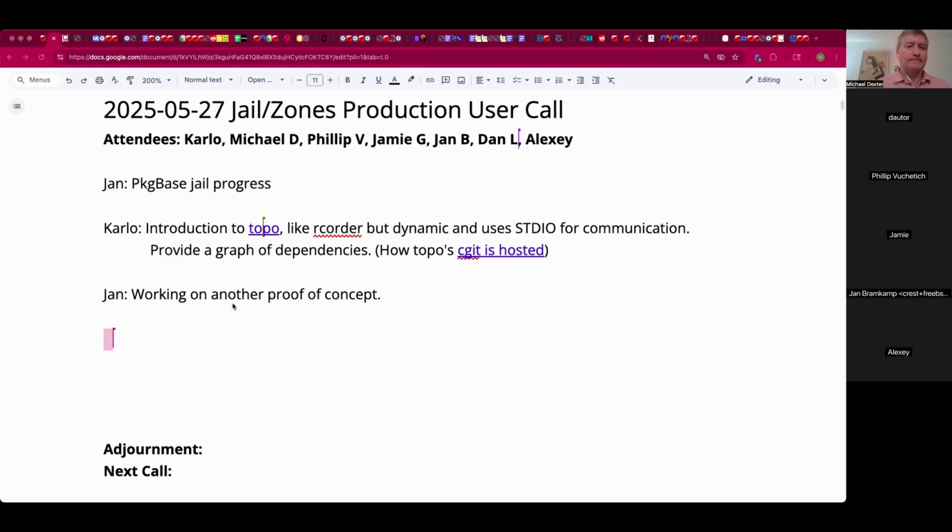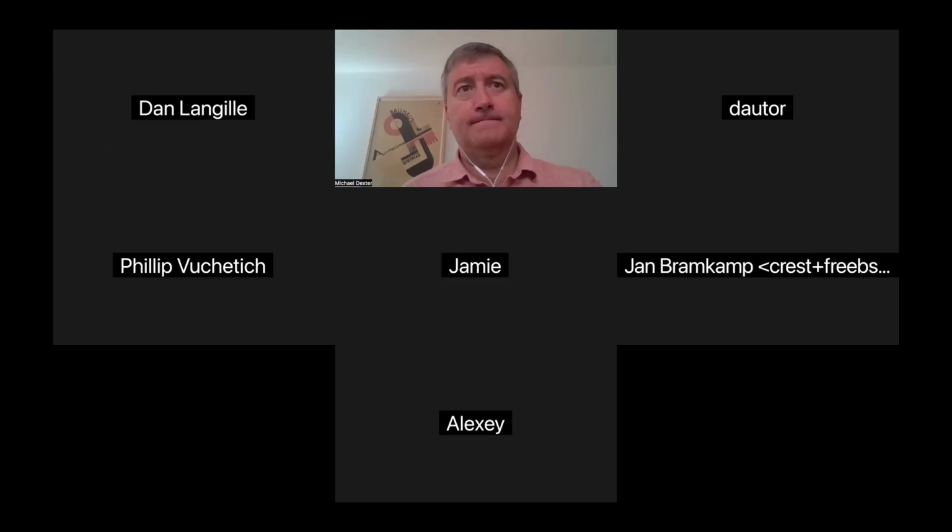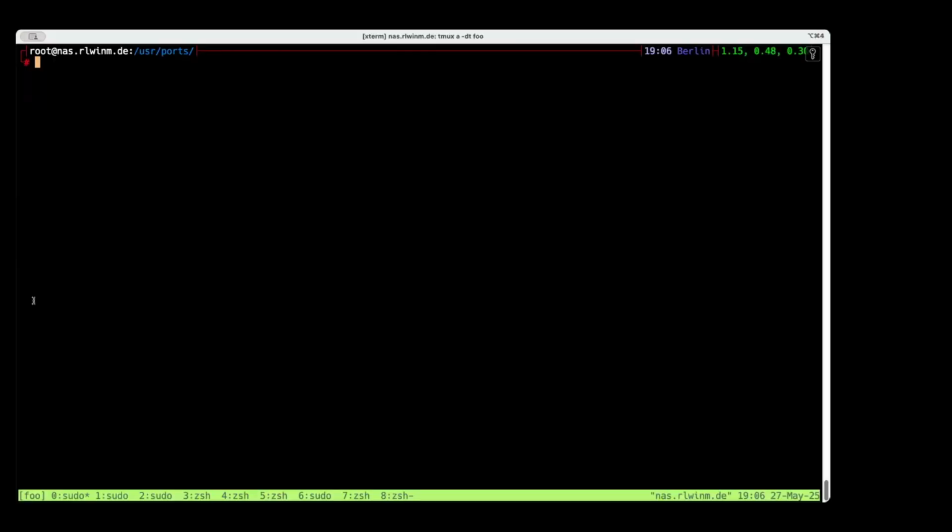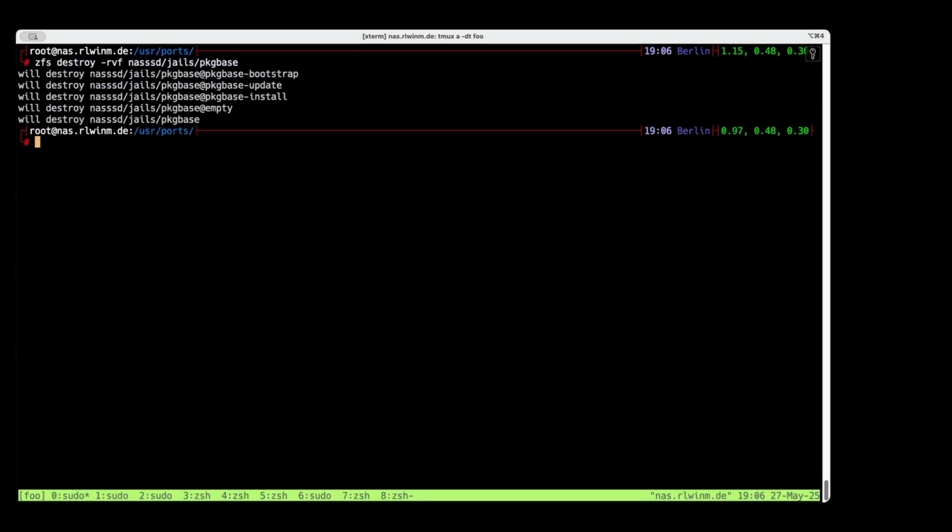Okay. So let me grab the screen share for a second. Can everyone see my terminal window? Yes. What just happened? I destroyed the jail dataset. So we're starting from scratch